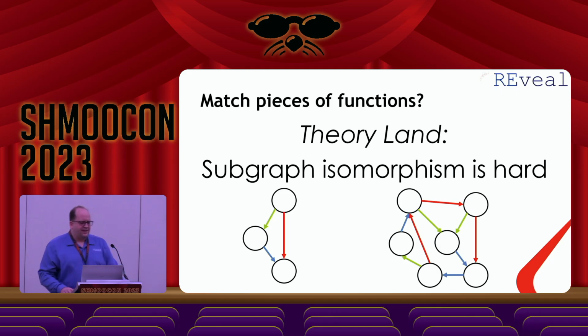So in theory land, there's this one problem called subgraph isomorphism, and it's considered very hard. So the graph on the left, you can probably see where it matches the graph on the right, because it's literally the right-hand side of that graph on the right that I drew for you. But as the problem size grows, this complexity grows a whole lot. But in reality,